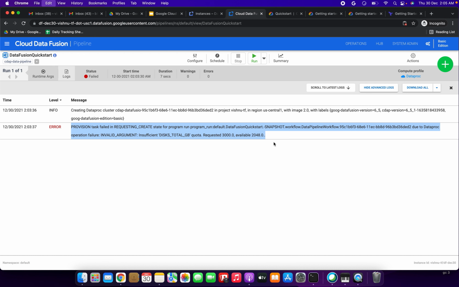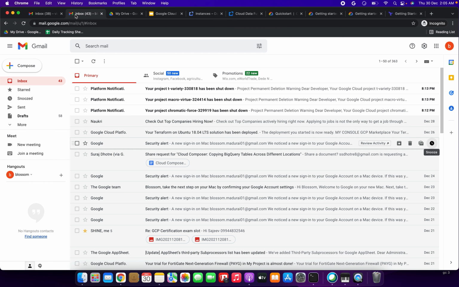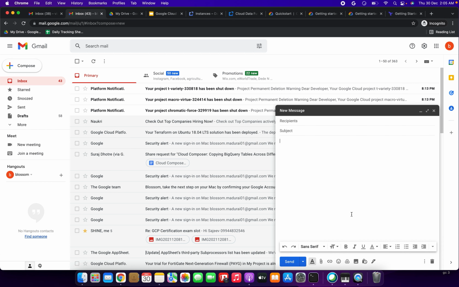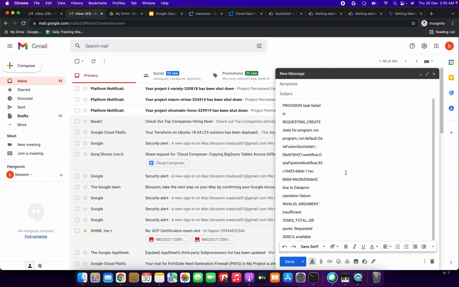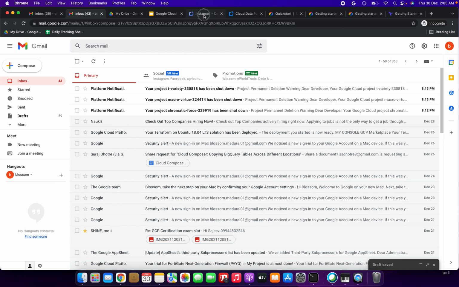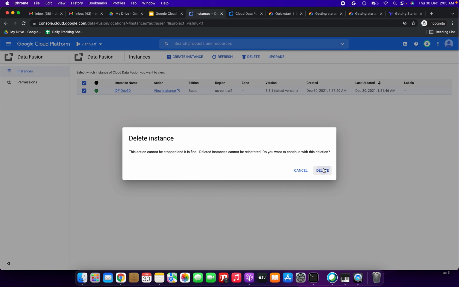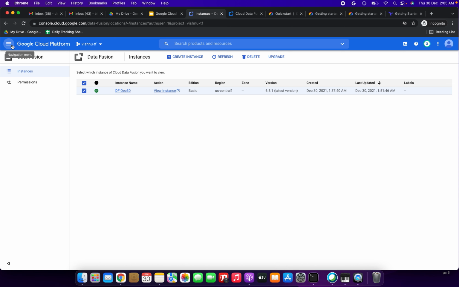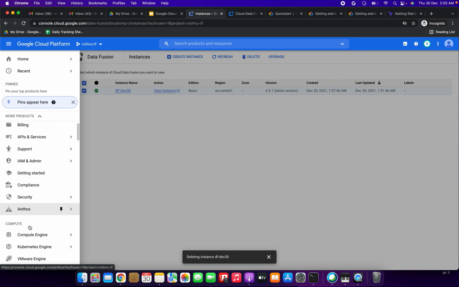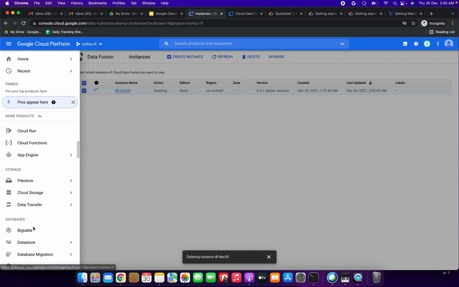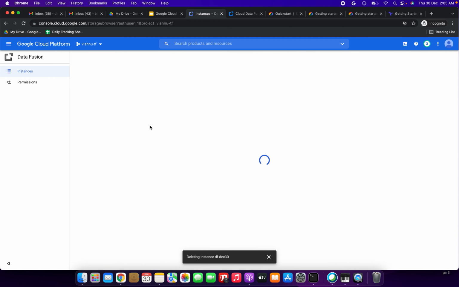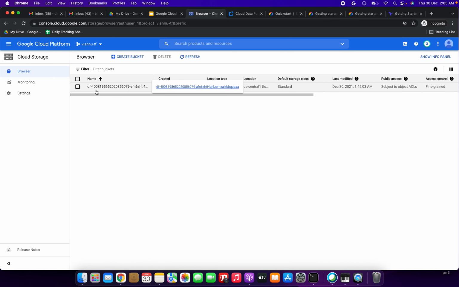So I am copying this error. I will check this error some time later. I think I need to raise some bugs, I think so. I will do it later, but definitely you will not get this error, friends. So I am deleting this Cloud Data Fusion instance right now. If you are creating a new project directly, you can delete the project, friends. Now I am checking cloud storage also, because maybe it may have created something.